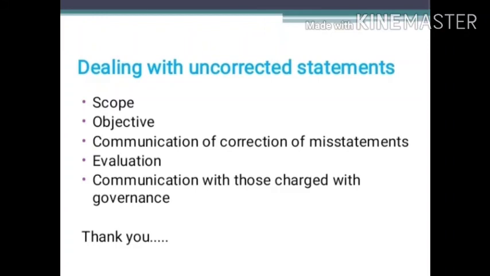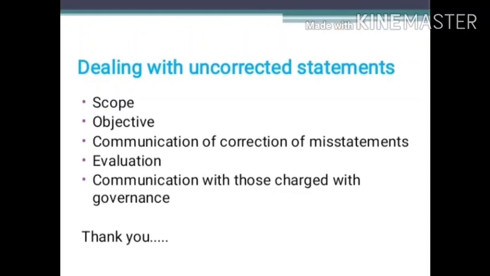So based on the transaction, the size, nature and disclosure, everything will be assessed by the auditor while evaluating the effect of those unrecorded and uncorrected misstatements, and the effect of the uncorrected misstatements related to prior periods on the relevant classes of transactions, account balances or disclosures and the financial statements as a whole. Based on the period, whether it is going to affect the financial statements or not. The time is also very important.